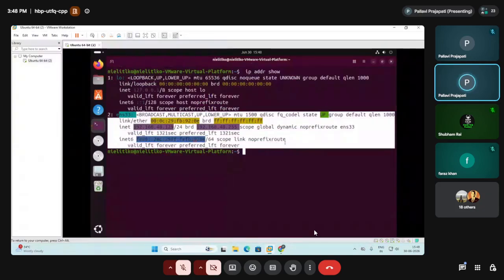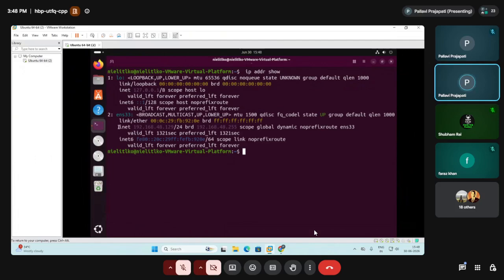And this is your second interface, which is the actual network that is present in the system. Here I have this IPv4 address. Then here we have the IPv6 address.